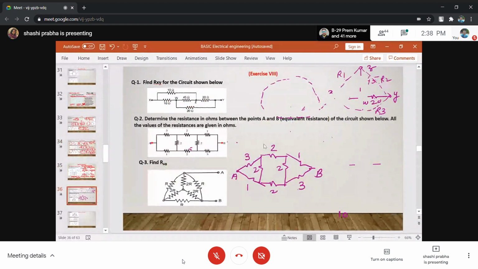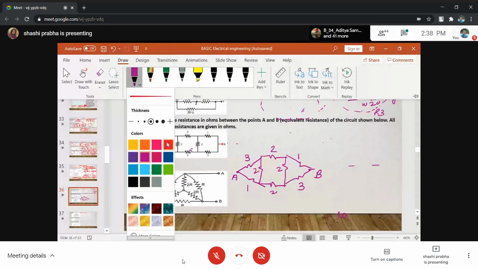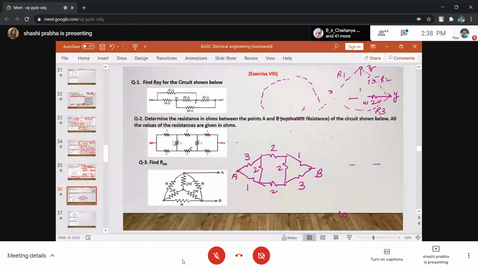ये स्टार है ना, और ये भी एक स्टार डेल्टा है, ये डेल्टा है, ये डेल्टा है, इसको स्टार में कन्वर्ट कर लो। Convert this delta to star, is it? ये जो रेड लाइंस है ये आफ्टर कन्वर्जन है। When you convert this delta to star, what about this branch,